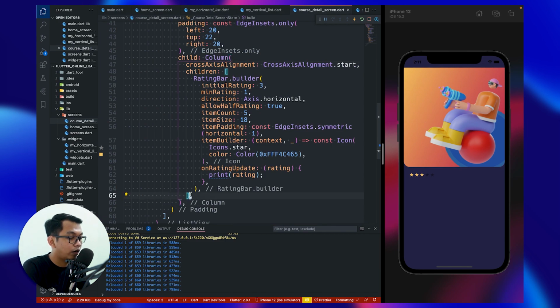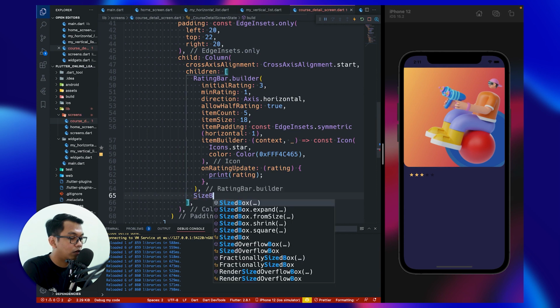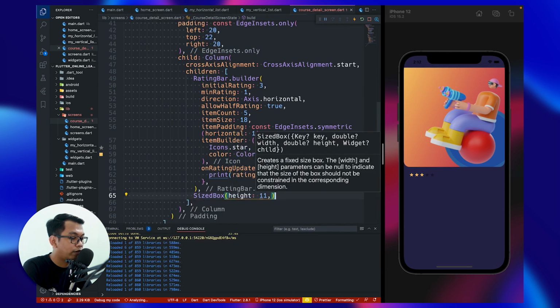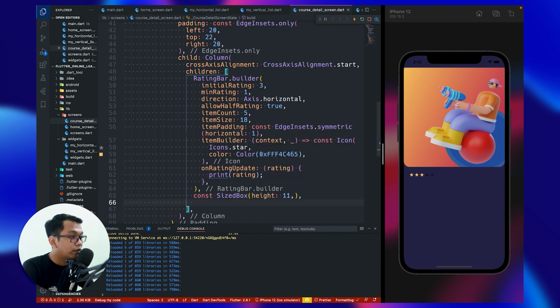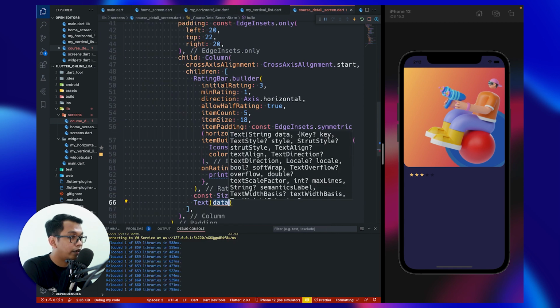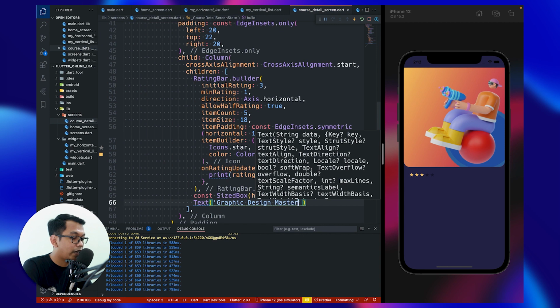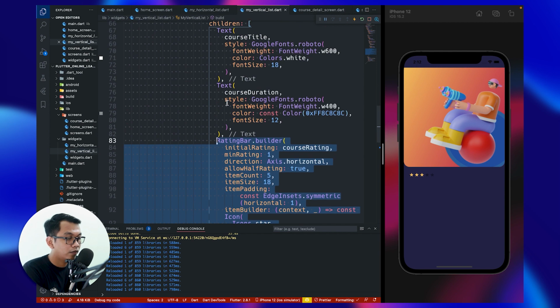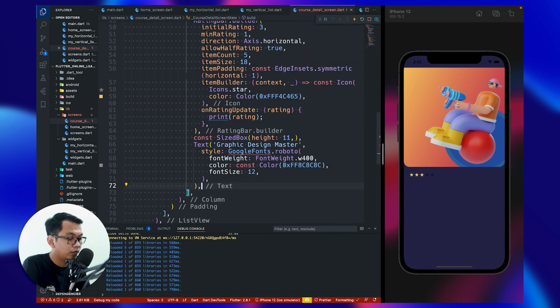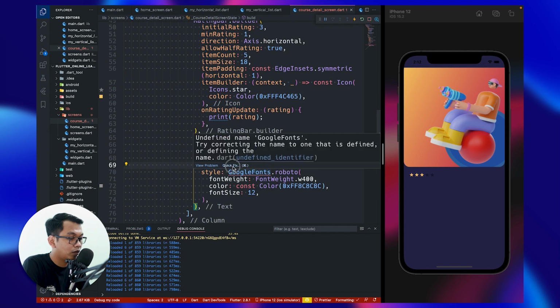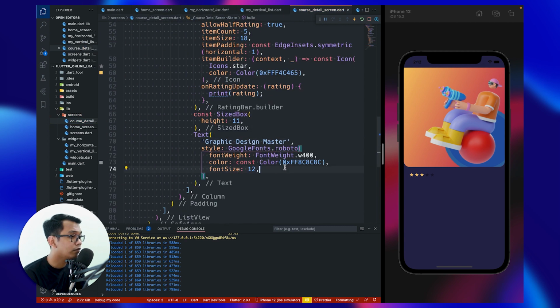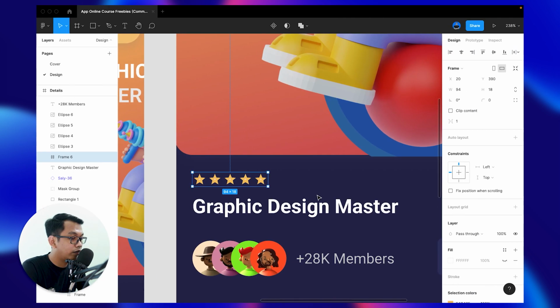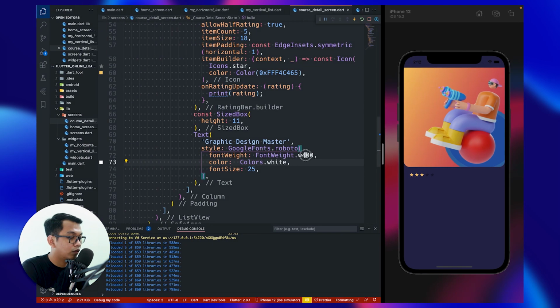So we can call here, size box 11. And the next is we can call text, and we say graphic design master, and for the style, let's call from here item, look like this, and don't forget to import our Google Fonts. 25, color is white, and bold, so 700.